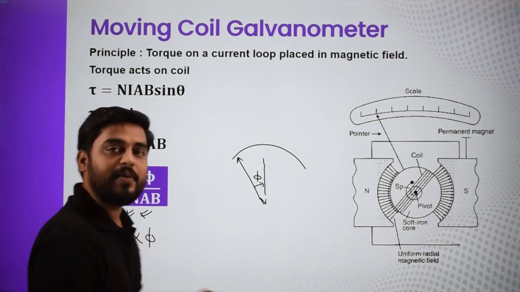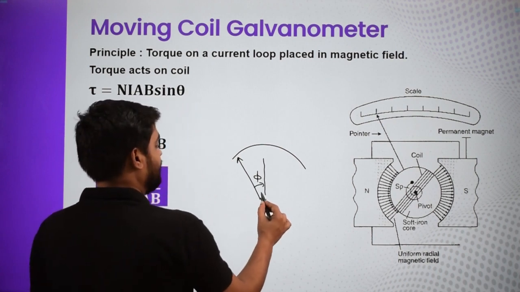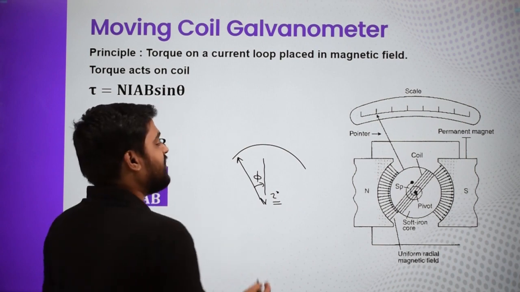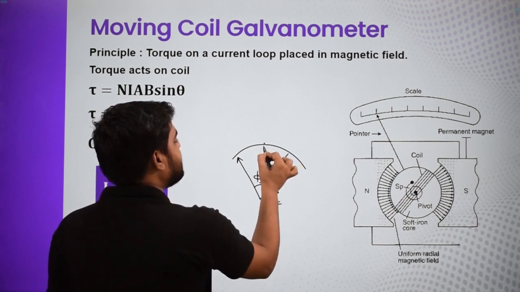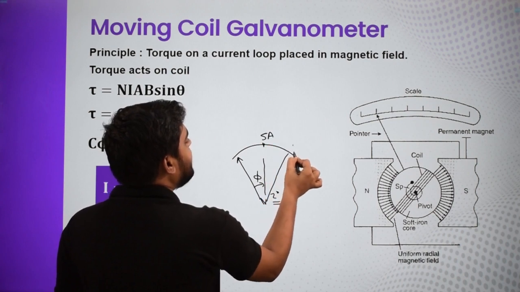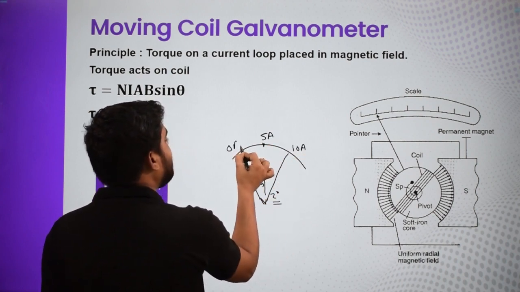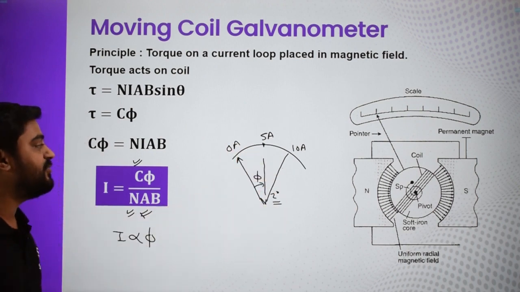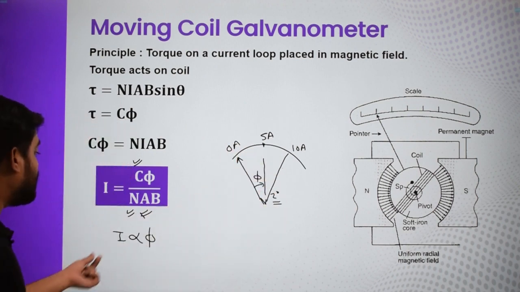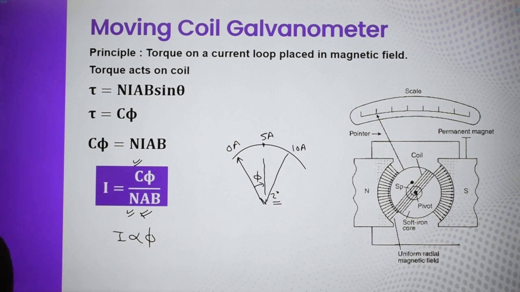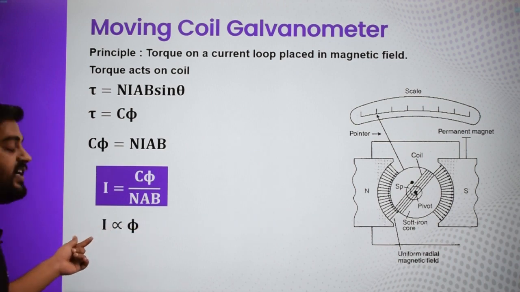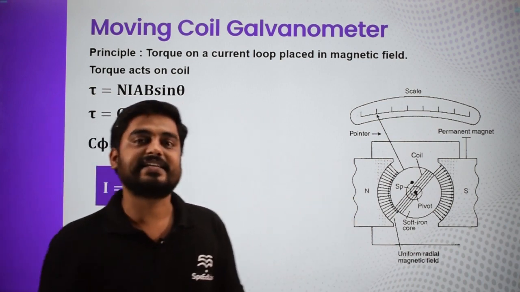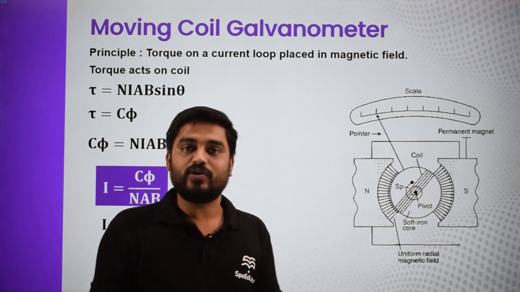So if 5 ampere current is flowing and let's say 2 degree is the deflection, then at 4 degree it has to be 10 ampere. So I'll simply write 5 ampere over here and 10 ampere over here, and at 0 deflection, I'll write 0 ampere. So this is how I can calibrate my galvanometer. Since the deflection is directly proportional to the current, more the angle, more the reading. That's why the reading scales are circular, right?